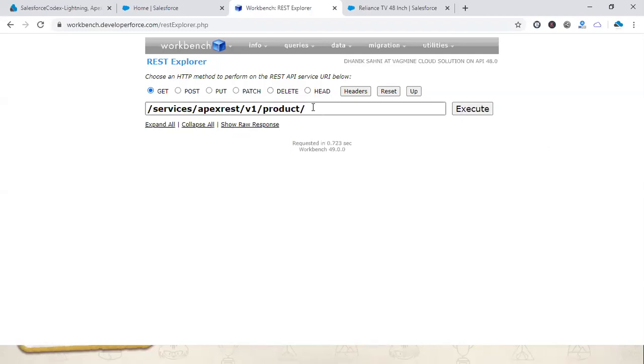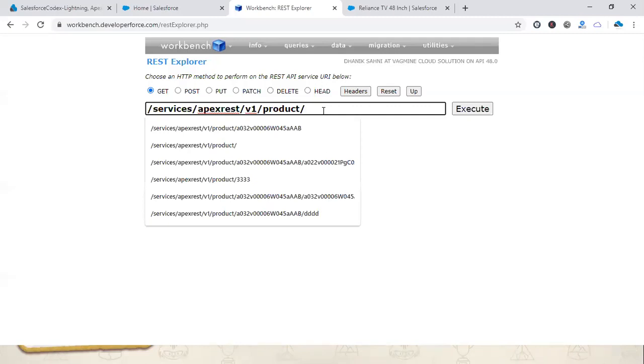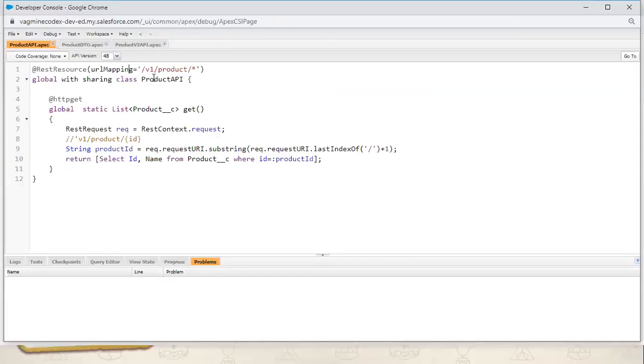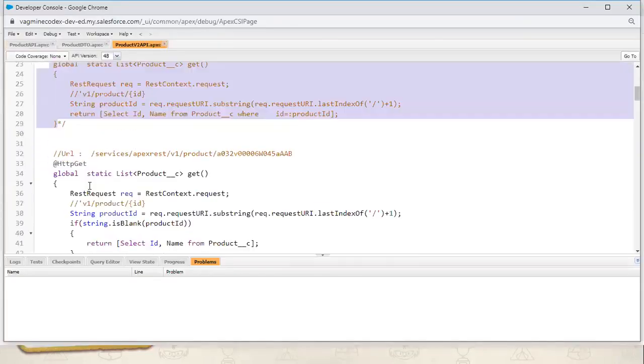Let me see what will happen if they are not putting an ID, then it should get all the data. Okay, one second. Okay. So when we put the ID, it will give the specific ID information, and when we are not putting an ID, it will give all the data for the product. So we have to change our code in that context. Okay, so what do we have to do?